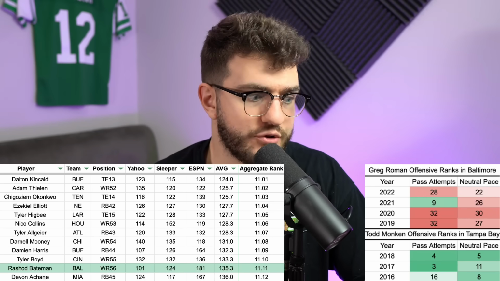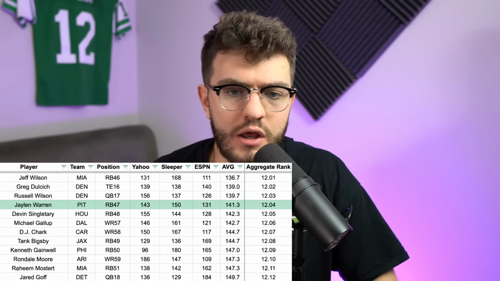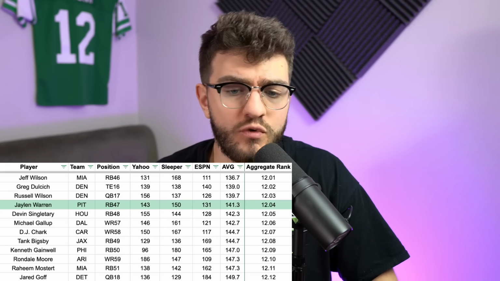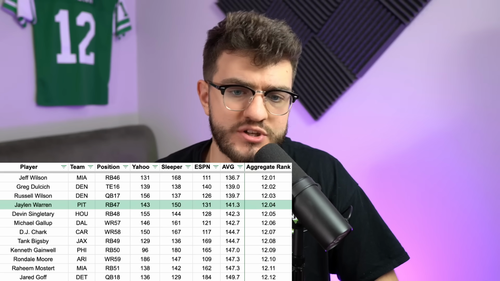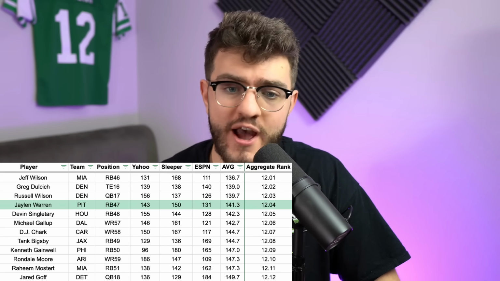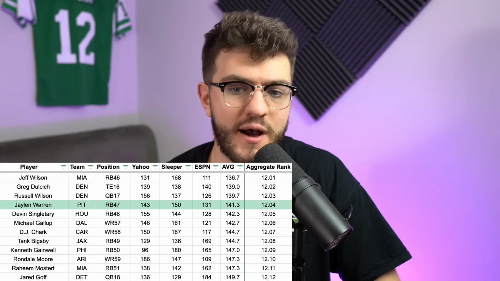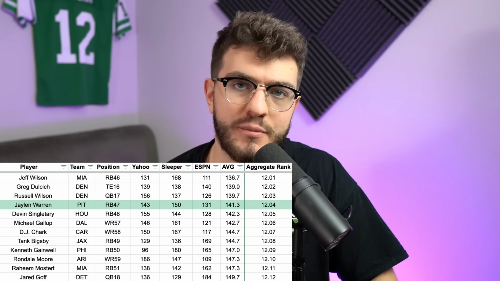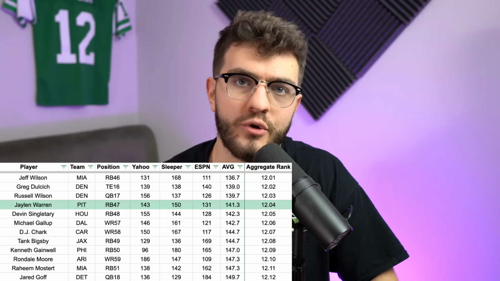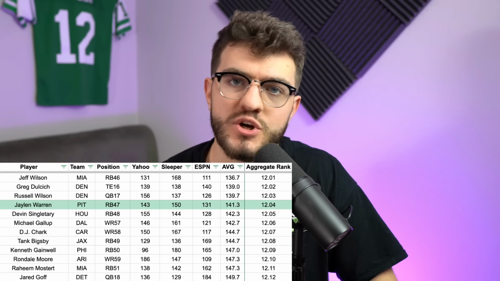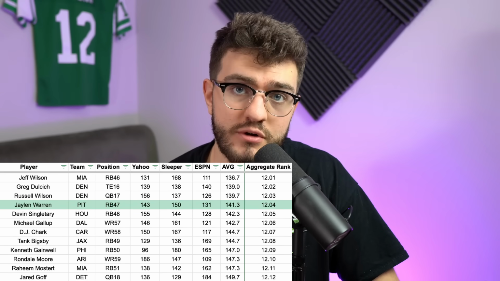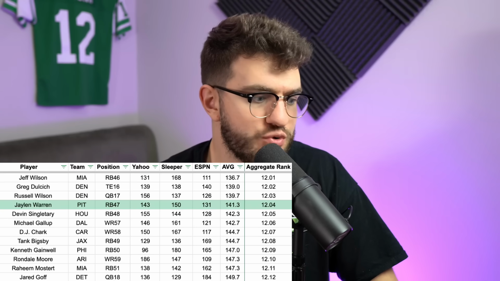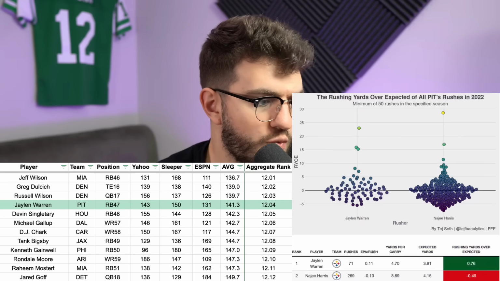Then we have the 12th round, and we have Jaylen Warren, who's been getting a ton of buzz recently. He is the aggregate 1204 as the RB47. He's my 910 as my RB37. So I am like 2.5 rounds higher, 10 running back spots, and he's just a smash anywhere in the double-digit rounds. He feels a ton like Pollard with Zeke and Gibbs with Gordon, where he's not going to surpass them, but he's going to be very annoying, and he's going to be an absolute monster if Najee was to go down.